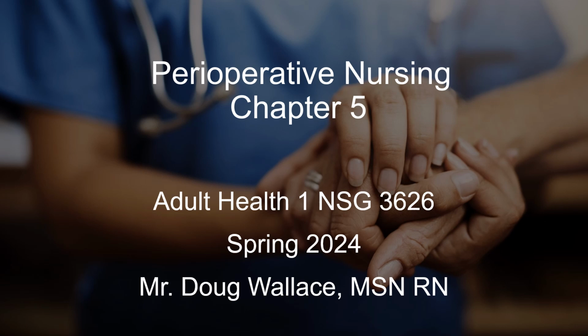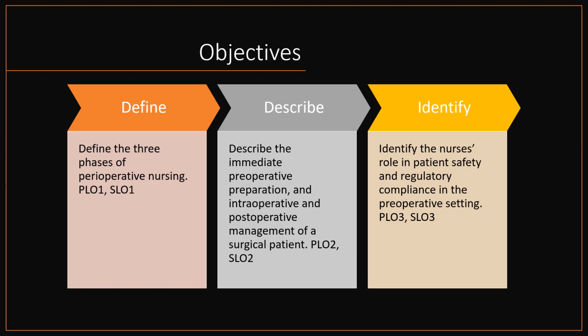Okay, so we're going to get into Chapter 5, Perioperative Nursing. We're going to learn about all the things that involve pre-operative surgical nursing and then the post-operative process. As a nurse, getting a patient prepared for surgery is a very important role. It's an important process. There's a lot of moving parts that go into it, and it's just very critical